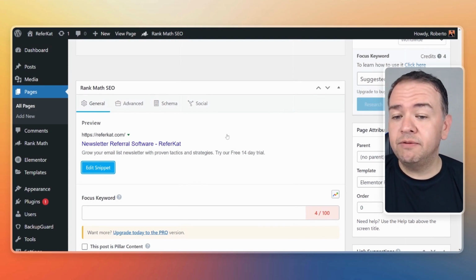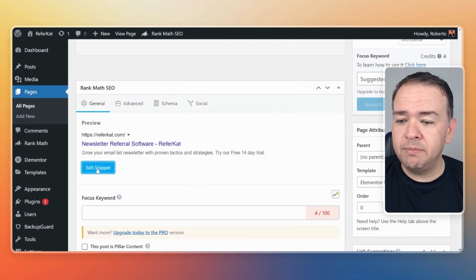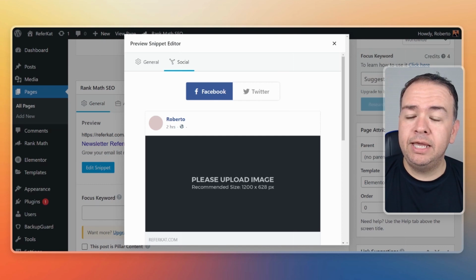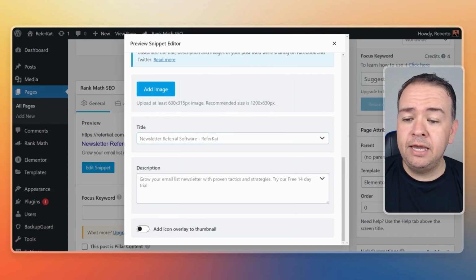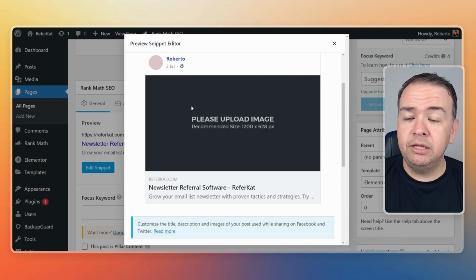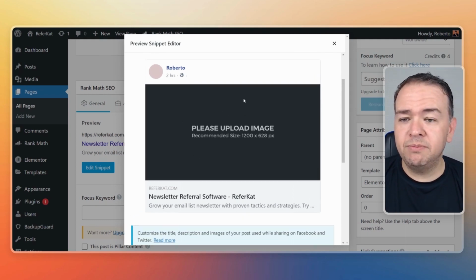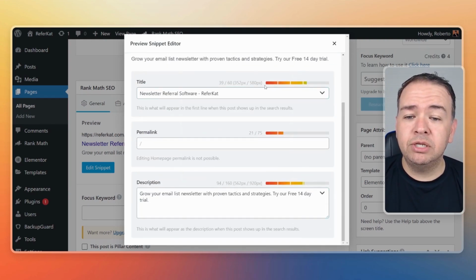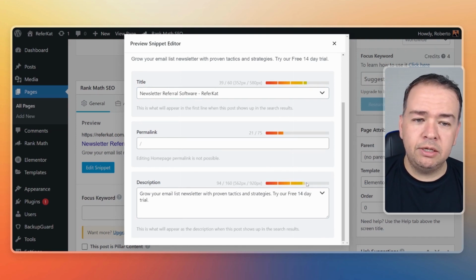Now, there are some additional options of things that you can do here. For example, let's click on Edit Snippet again, and we can go to the Social tab, which is what will show when the page gets shared on social media like Facebook and Twitter. As you can see, the title and the description are pulled from the same meta tag SEO settings that we're setting up, but you can set up a custom title and description for social media, and you can even add your image that it'll show when the link is shared. So this is something extra. But if we're talking strictly about SEO, this should cover it. And here you have some indicators: the more text you write, the closer you get to green, which is better. That's always a good point too.